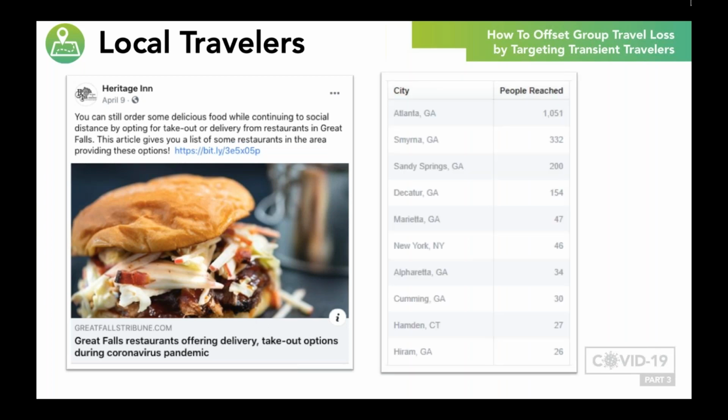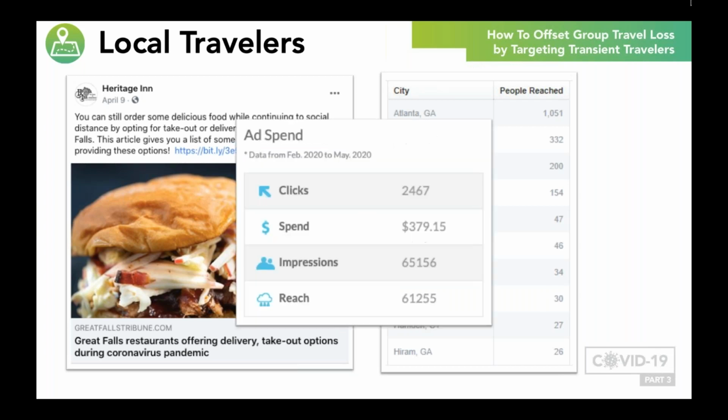Now, you can also use social media analytics to identify what locations your hotel posts are reaching. For example, if you recognize that a large number of travelers are viewing your post from a market only a few hours' drive away, you can specifically target that location. Create a post offering a special rate or package to transient travelers from that city. It's this type of strategic social marketing that will start to improve your occupancy levels quicker.